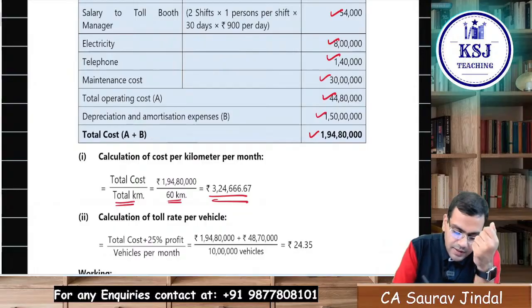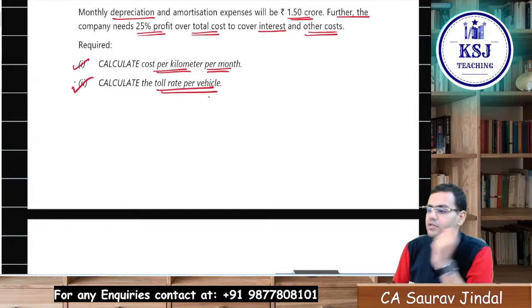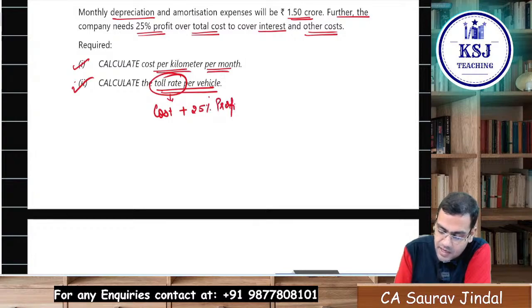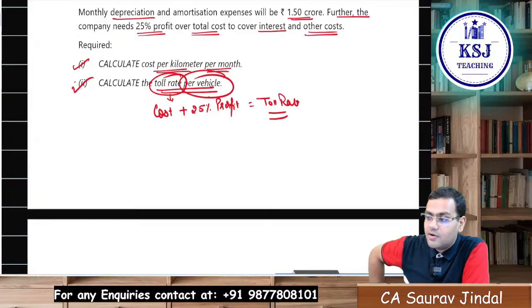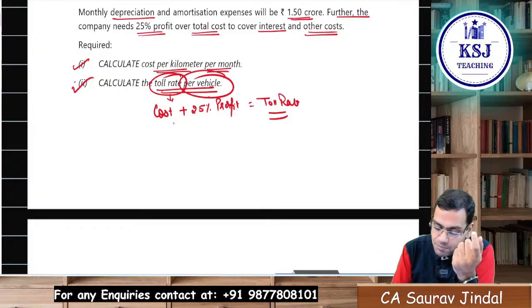right? Next part of the question, he says calculate the toll rate to be charged from the vehicle. Now when you talk about this toll rate, what will be there in this toll rate, sir? This toll rate will have the cost that is incurred for the toll, plus the company wants to charge 25% profit, that will be equal to your total toll rate. Now he says toll rate per vehicle. So you will have to find out what? Toll rate will be cost plus profit divided by number of vehicles